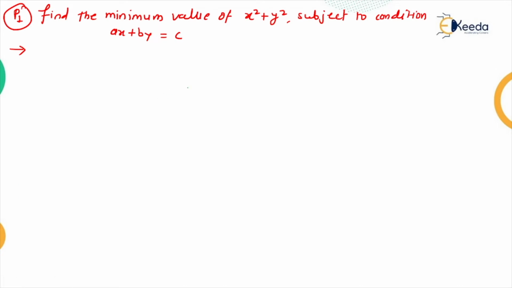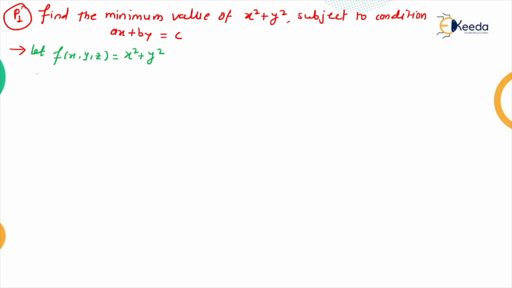You know very well that we have to find the maximum or minimum value of the given function, which we call a function of x, y, z, and the condition function we define as phi of x, y, z. Here it is clearly mentioned in the question that we have to find the minimum value of the function. Therefore f of x, y, z is given, which is x square plus y square.